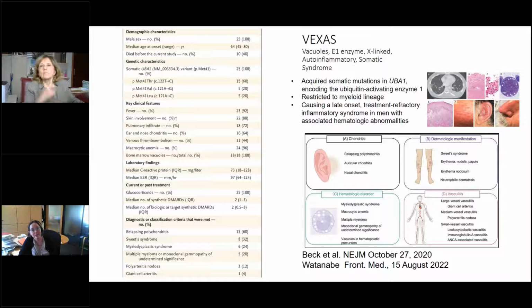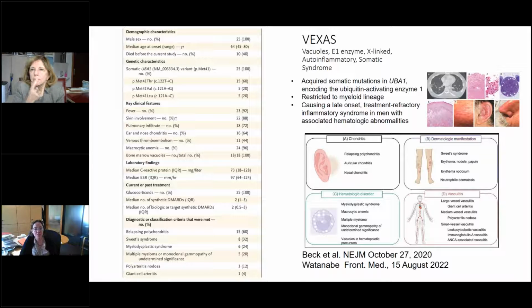And this is VEXAS, which is vacuoles, E1 enzyme, X-linked, autoinflammatory, somatic syndrome. And this is a syndrome which is due to acquired somatic mutations in UBA1, the primary ubiquitination enzyme in man. This was recognized in October 2020 and is a fascinating disease with a very, very diverse presentation, which can present